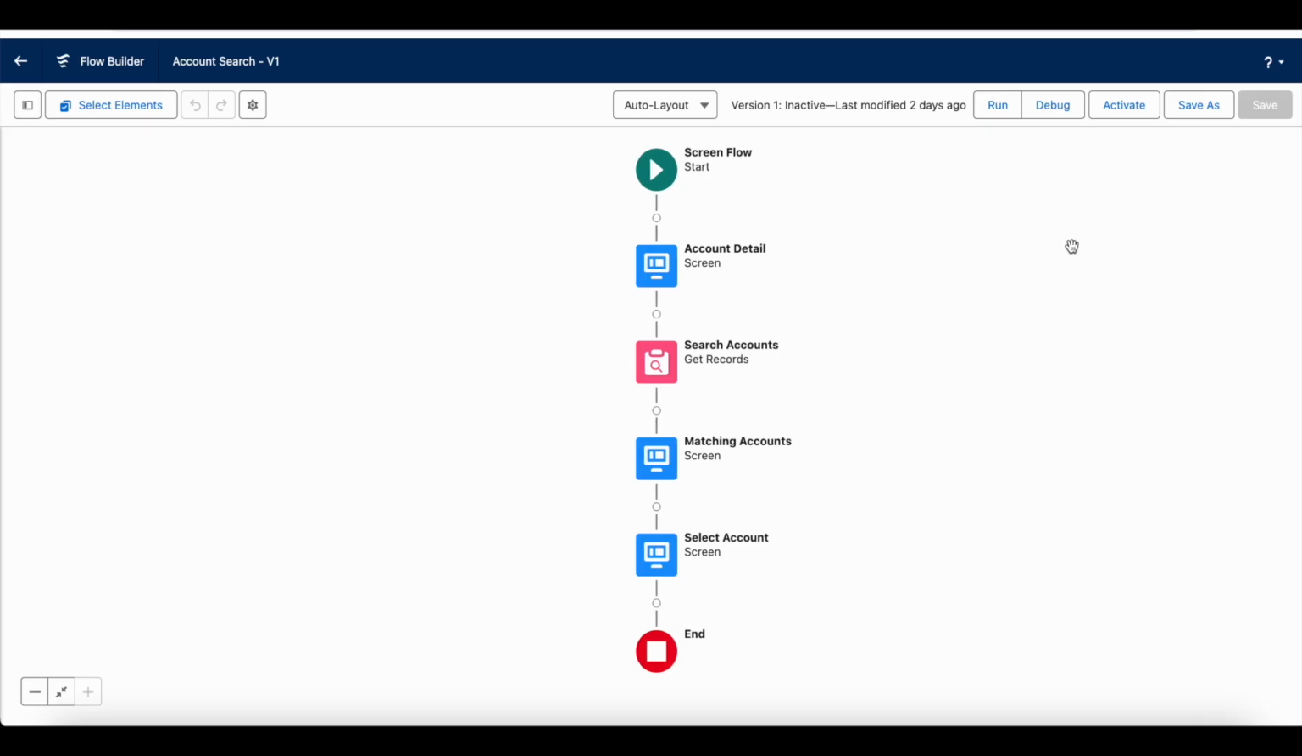Hello everyone. In this video, we are going to see how to pass data from Salesforce flow to the Lightning Web Component, and also how to pass the data from Lightning Web Component to the Salesforce flow. In order to pass data between flow and Lightning Web Component, I